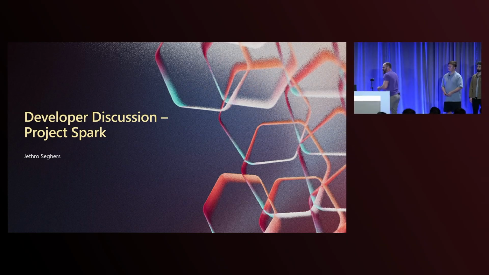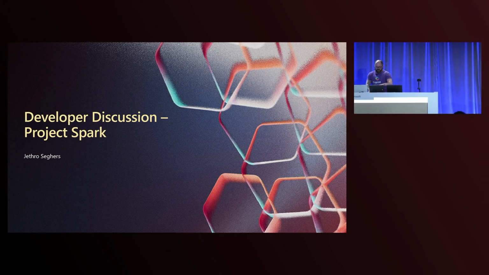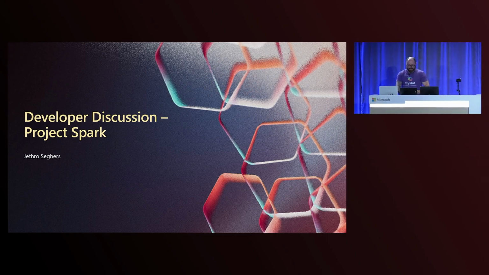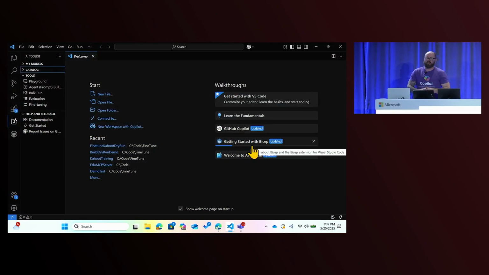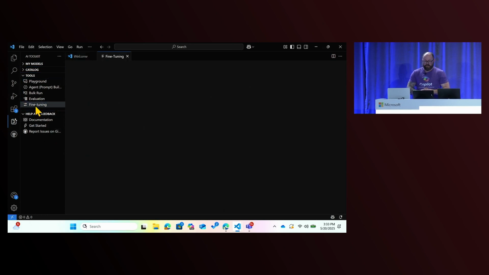So let's step into my office. We're going to very quickly log in here. There we go. And pretty much what I have here is our preferred Visual Studio Code. And the first thing I've done here is I have the AI Toolkit, right? On the AI Toolkit, I have here the option to create a fine-tuning project.